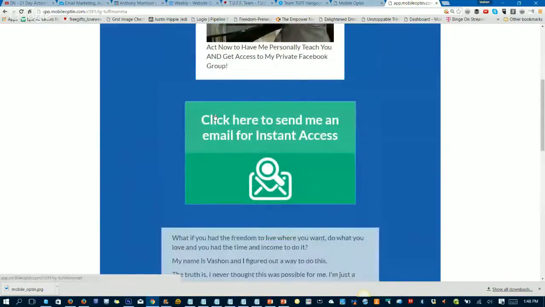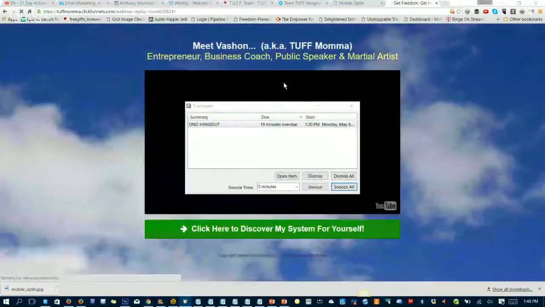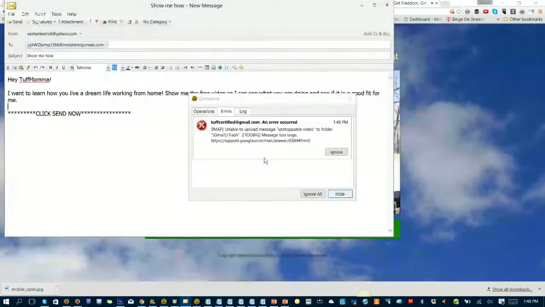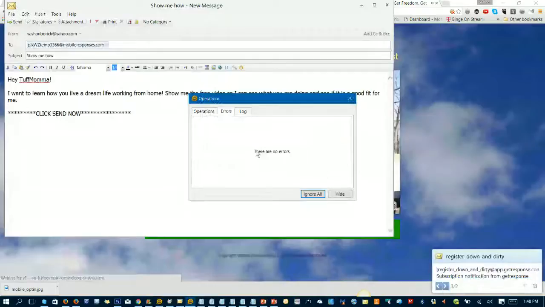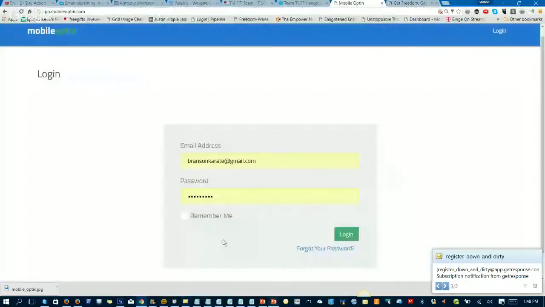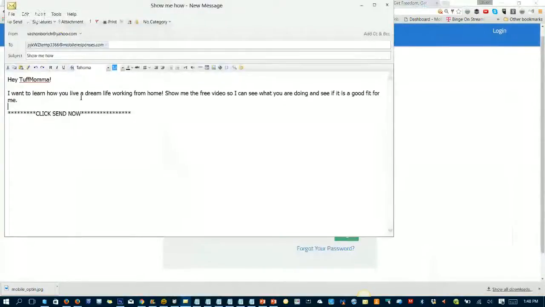So what happens is when they click this button, I'm just going to show you. It may take a second because I'm on a computer instead of a mobile device. It's going to show an email like this. Hold on just a second. I got lots of things going on here. All right, let me go back. So what it's doing is it's on a smartphone device. It already has a pre-populated email that you set up within the software, and it captures their default email address right off of their phone.